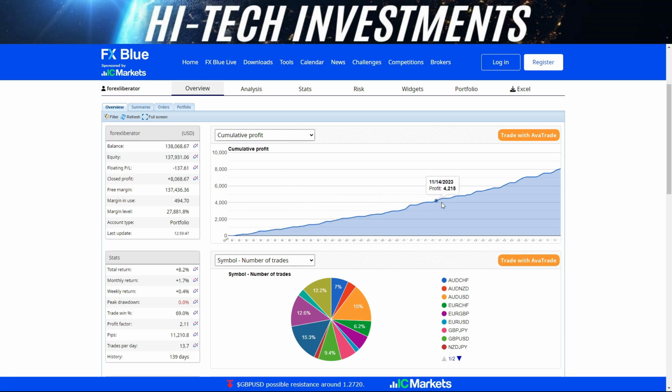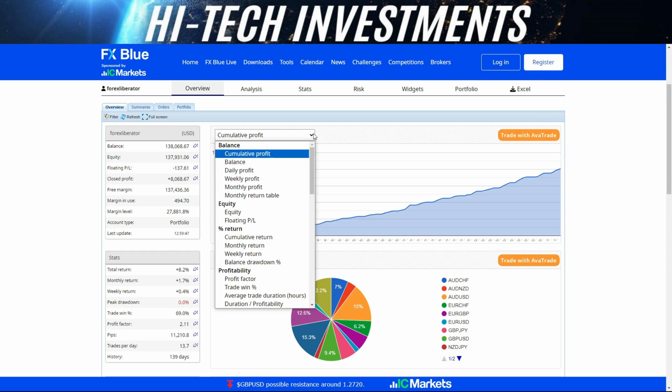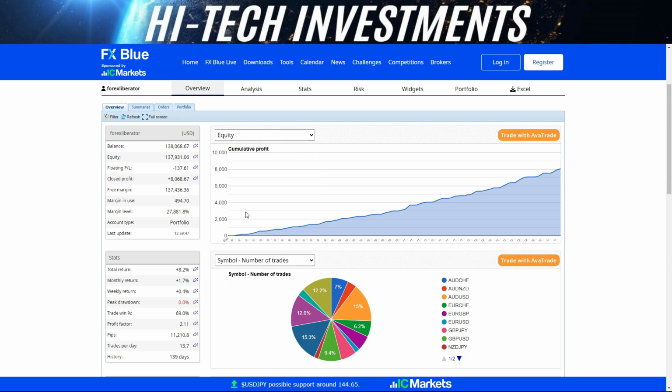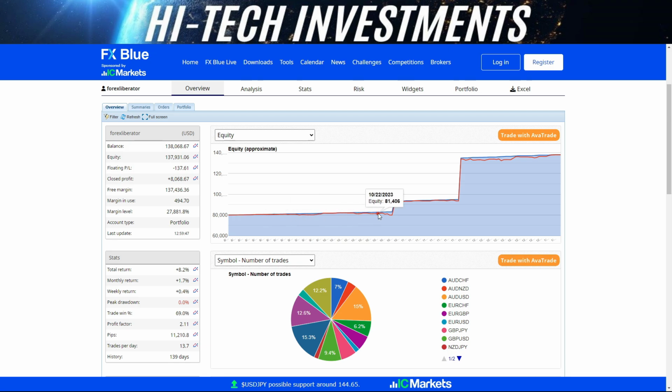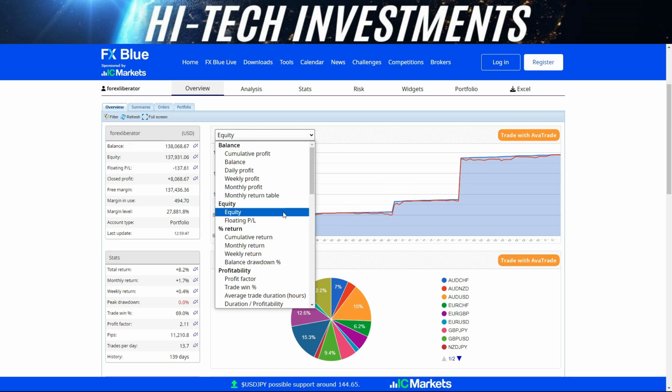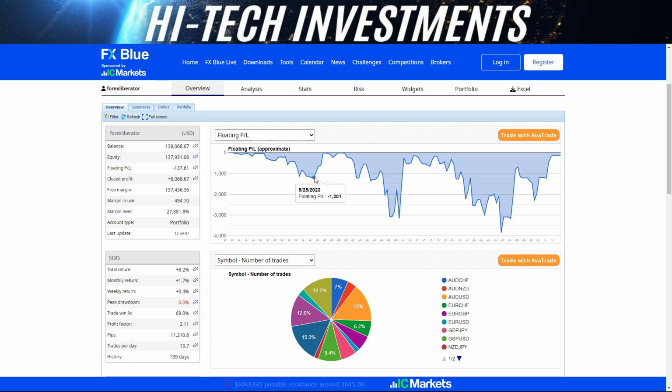So a nice steady progress of profit. And if we then have a look at the equity in here, you'll see that it has followed it, not too far off, but we can't really see anything out of that one. So floated profits a lot better. So in the beginning, where we only had about 4, we were down by 1,200. Then we've seen some drawdowns of about 3,000, 3,100, and this is the biggest one we had here recently, 3,850. And again, this basically comes in at a very low, less than 3%. So in the drawdown compared to